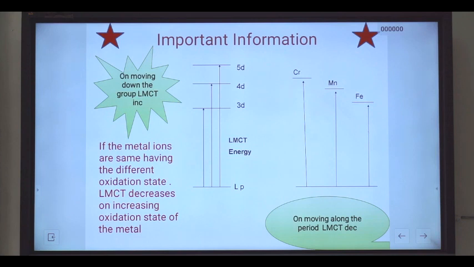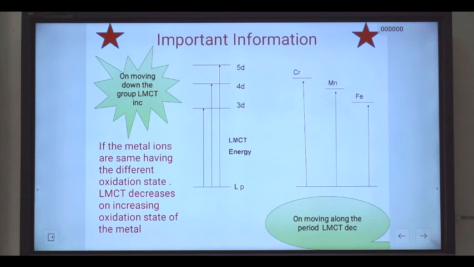So with increase in the d orbitals, and 3, 4, 5 is just the principal shell number, LMCT will go on increasing. With this application only, we are able to solve the various questions asked in the CSIR NET